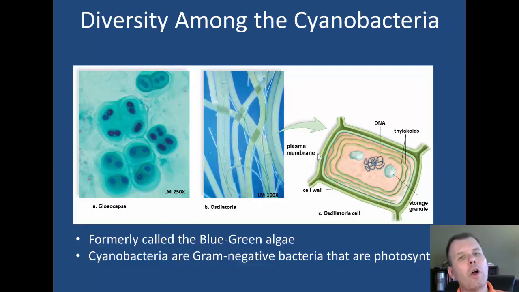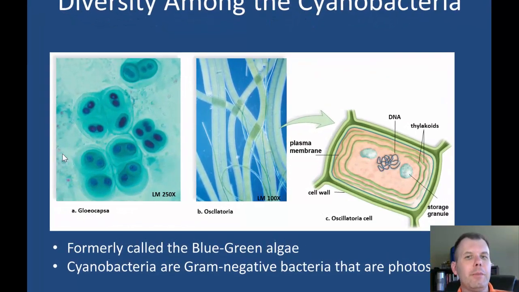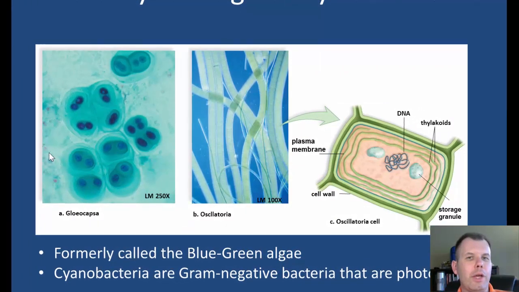Now, I talked about also that some bacteria can photosynthesize, and those that can photosynthesize are in their own special group. We call these the cyanobacteria because they have this blue-green cyan color to them. We call these the blue-greens, and they originally were called blue-green algae. We thought they were protists, but if you look at them very closely, they're more like bacteria because they don't have a nucleus and they don't have organelles.